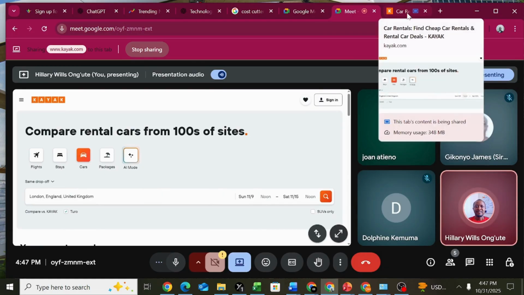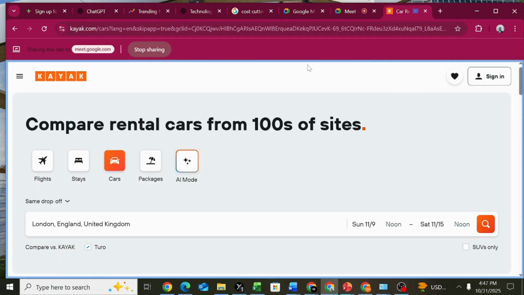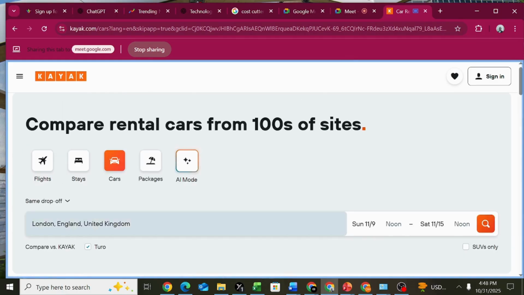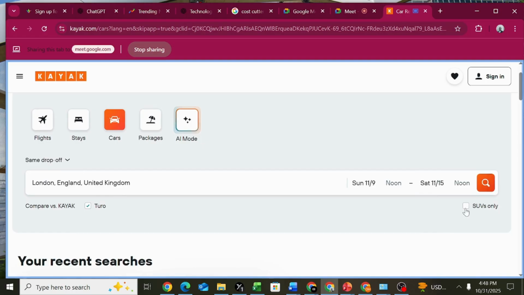So when you are here on Kayak car rental, you can find the available cars. Let's say your client will be arriving on 9th at noon. And they prefer using only SUVs. So you check that box, then you search.